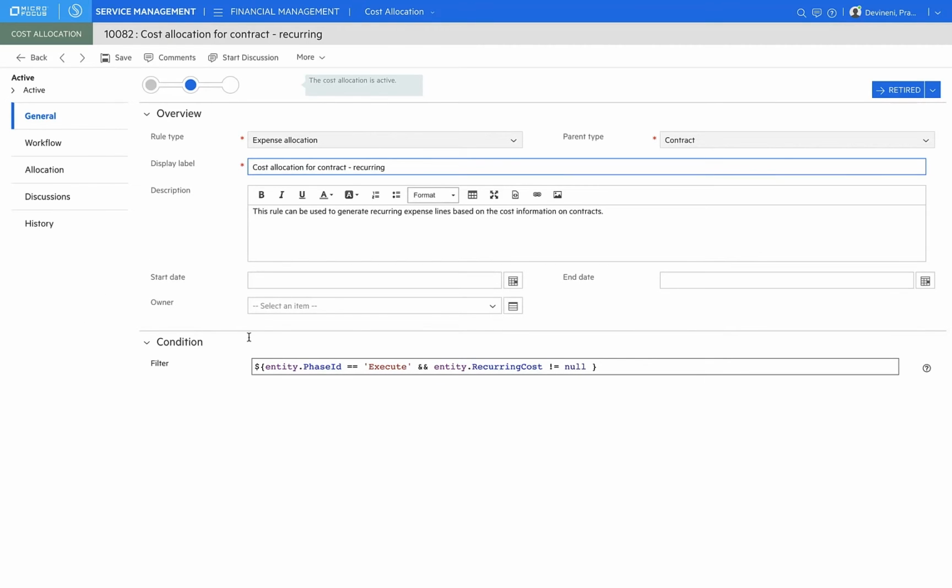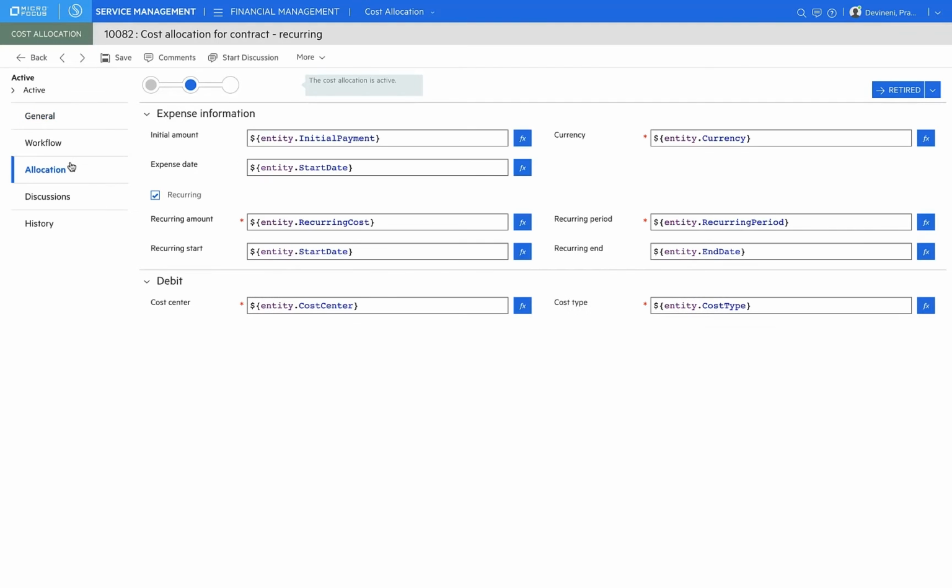I'm just going to pick a cost allocation rule which is of type expense allocation. It could also be a chargeback when you define it, and the parent type is contract. So it's filtered by whatever is executed. That's what this cost allocation rule filters. And you could define a start date and end date too if it's a time-boxed kind of cost allocation rule. And of course, there's an allocation section which defines how it's allocated, like you would need the initial